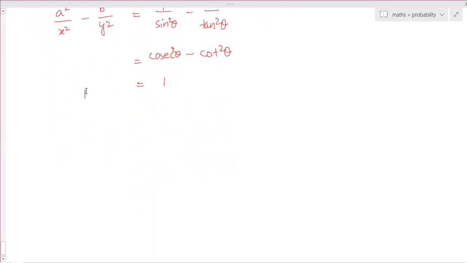You can do that one, but it is a very lengthy method. After substituting the value of x square and y square, you again keep on simplifying. Two places you have to substitute the values, and two places you keep on simplifying. It will be a much lengthier method. Second one, very important. All questions of this type are very important. Every question is asked multiple times.